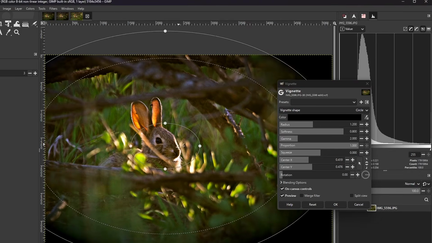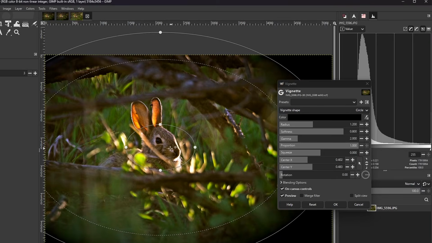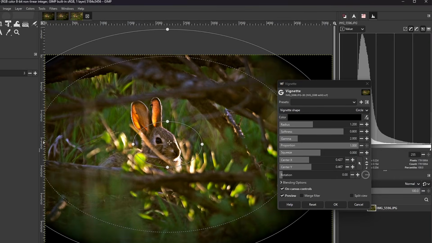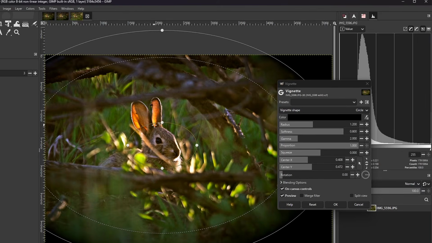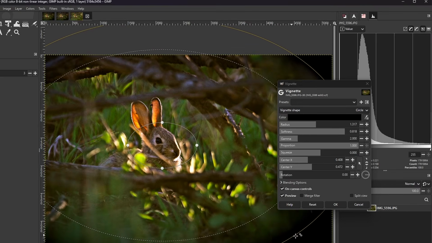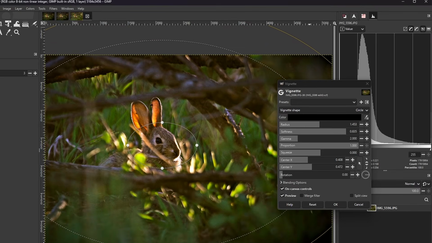So what I'm going to do is I'm just going to click and drag the center of the vignette here, or the center X and Y, and that is just going to hover this over the center of the subject, which is the bunny. And then I can hover my mouse over the outer ring of this vignette and click and drag. And that's just going to change the radius of this, and you'll see also the softness slider here